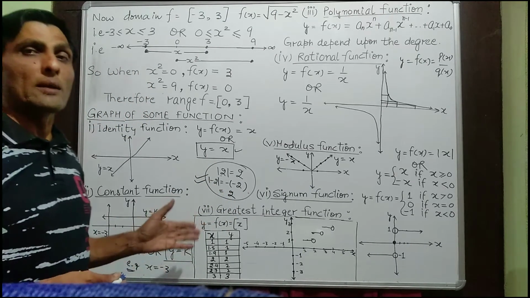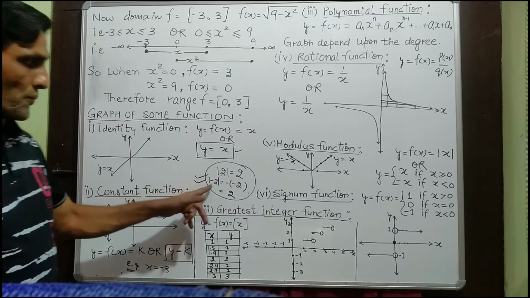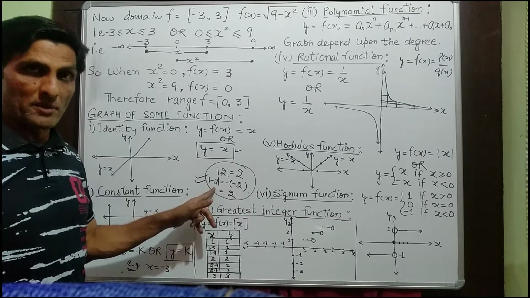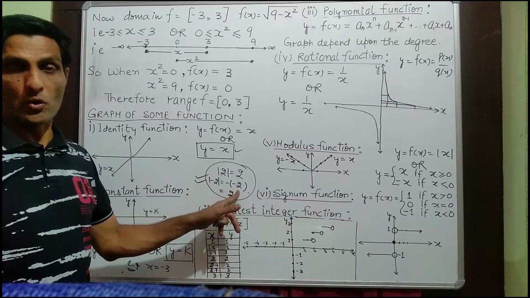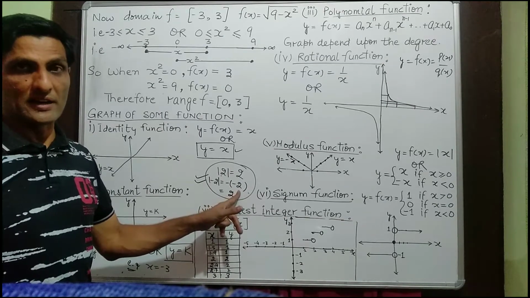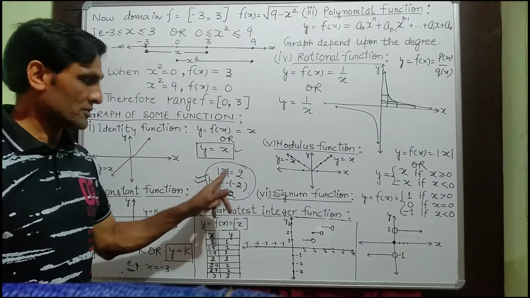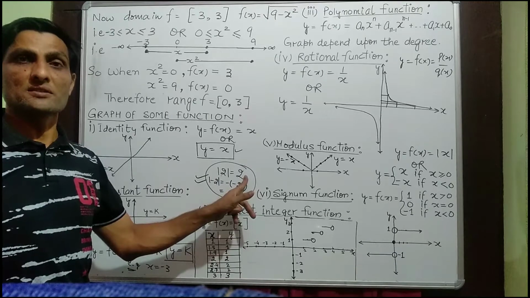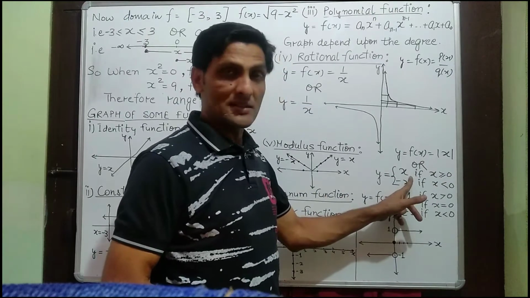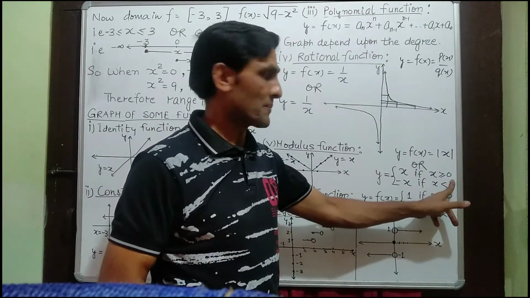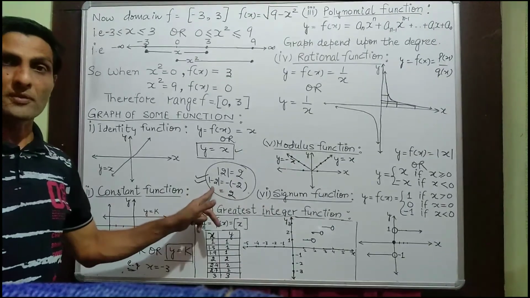Or in other words, you can say that the value can be expressed as positive without the help of the modulus. So, to find the modulus of a number, it means put the negative sign whenever x is negative; when x is positive, then take the number as it is. So you can write |x| as x if x is positive, and if x is negative, then put a negative sign.